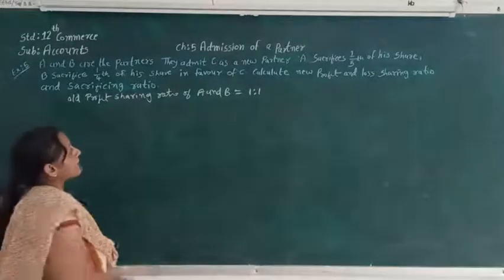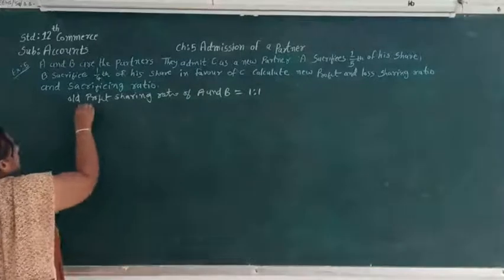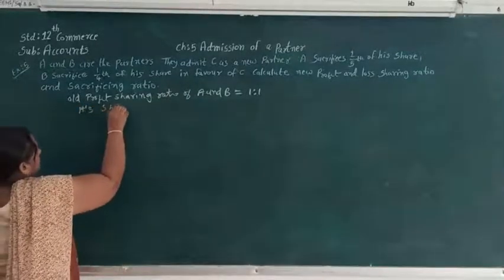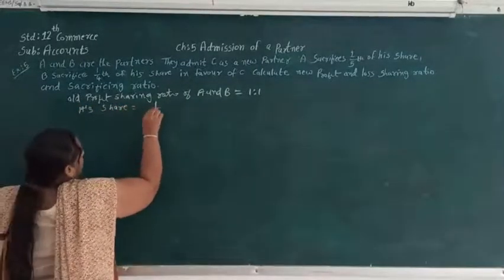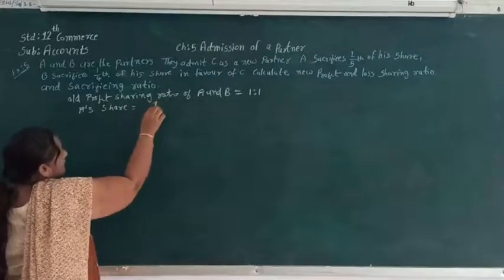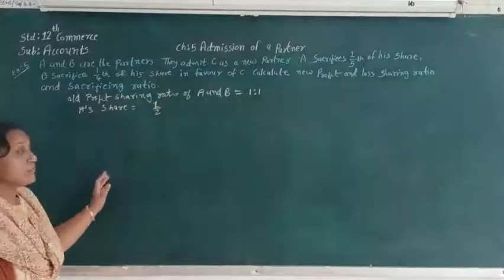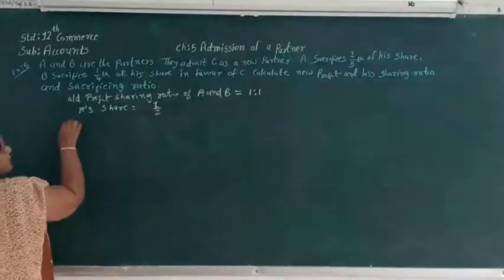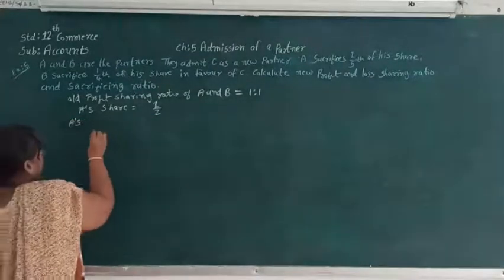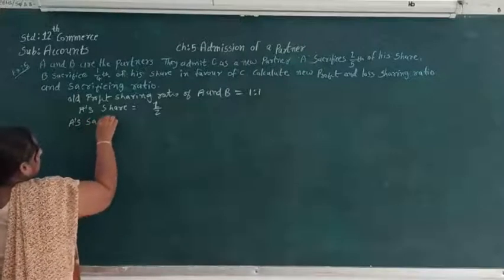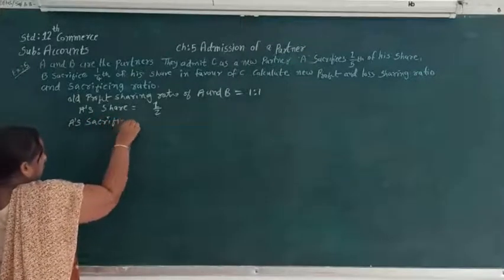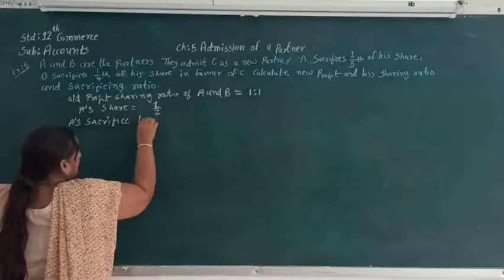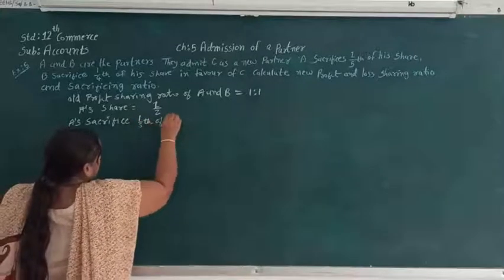So here his share is 1/2. From this share he is sacrificing 1/5 of his share. So to find A's sacrifice,